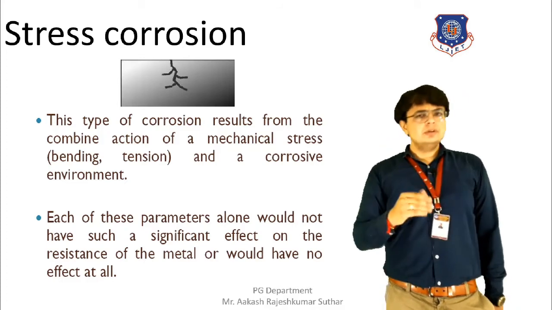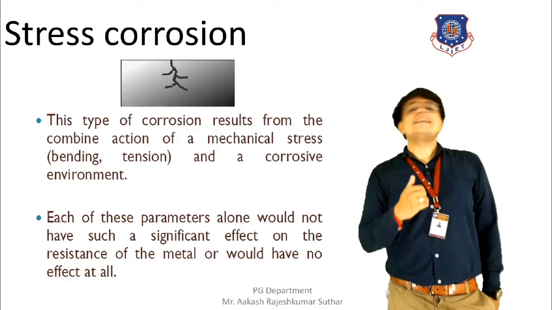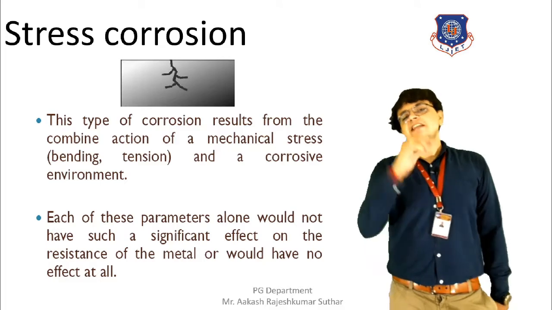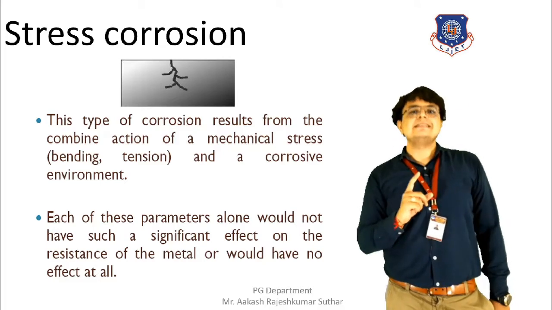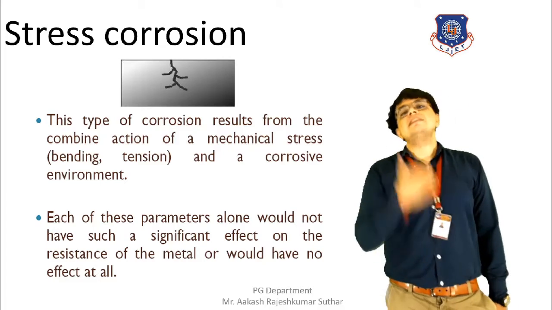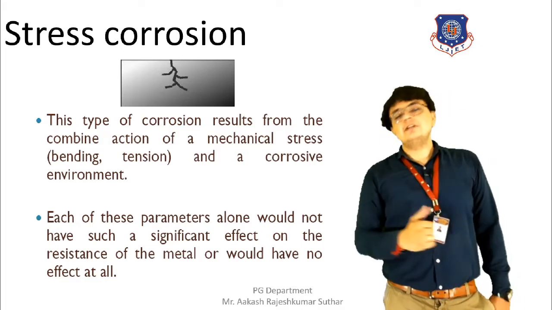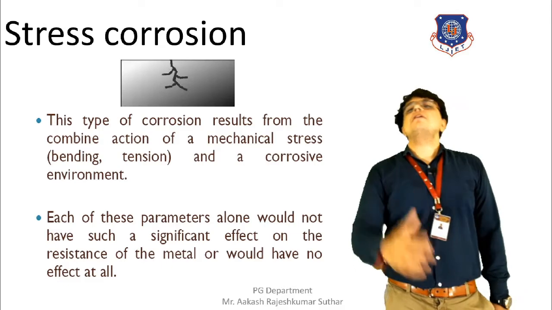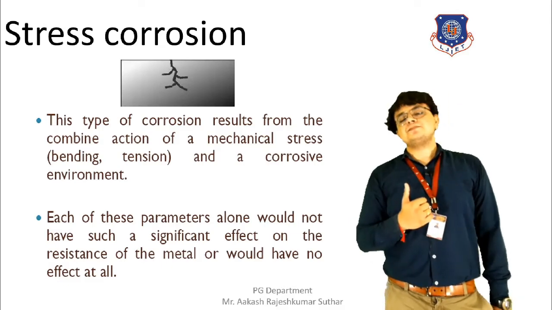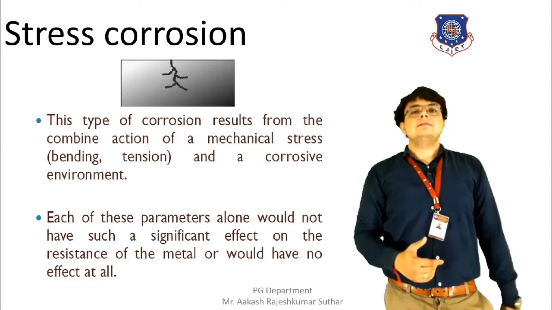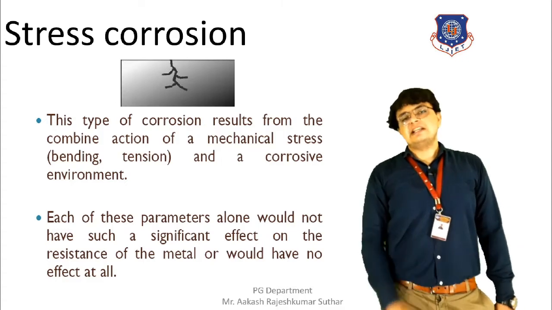This is how stress corrosion occurs in a metal. So the key component of this stress corrosion is the residual stress. Because of the formation of the residual stress, stress corrosion takes place. As a result of this, disruption of the overall material will take place and damage will occur to the overall metal. So this was the stress corrosion.